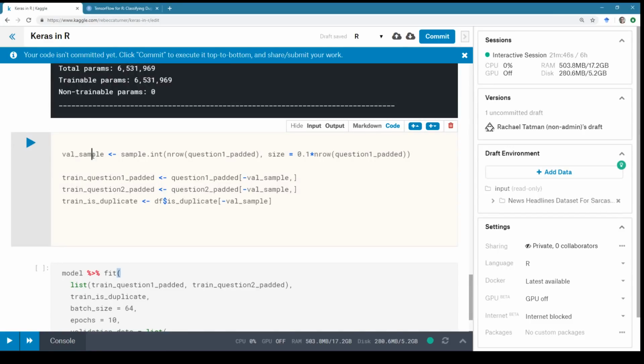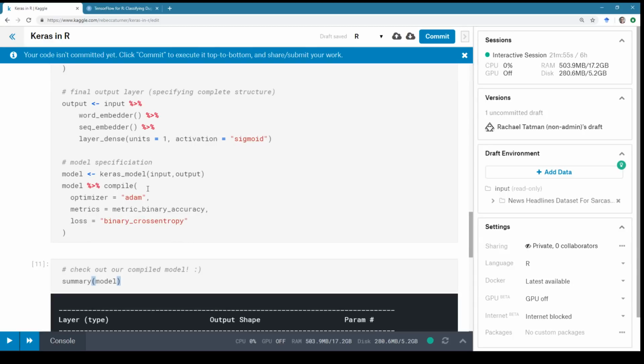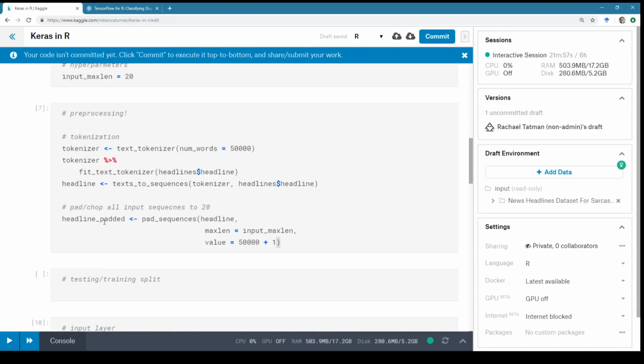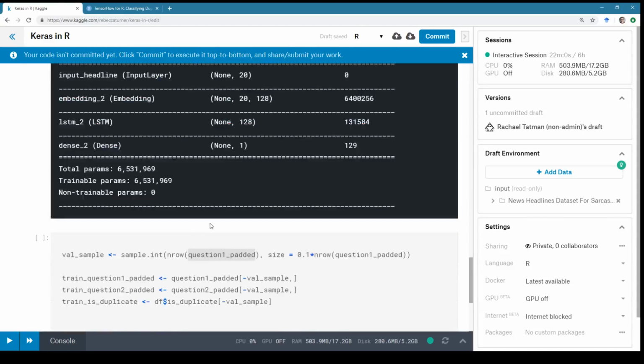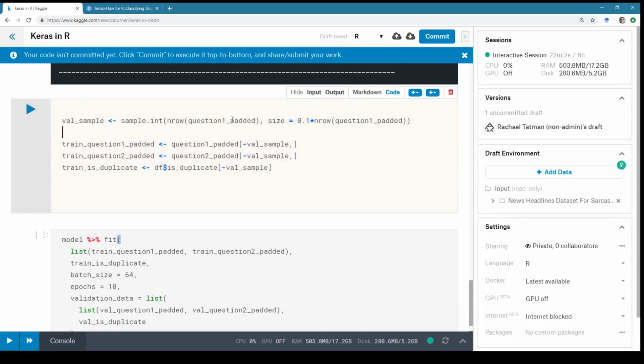It's a reference to Hitchhiker's Guide to the Galaxy if you are unfamiliar. All right, so they are using question 1 padded, which I believe for us is going to be our headline padded variable. All right, and so it's going to be 1/10 of the data.